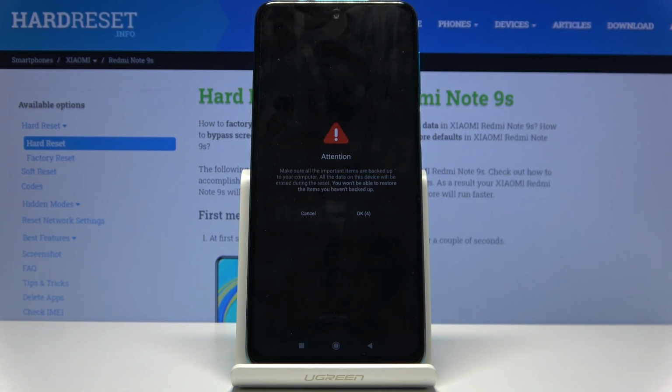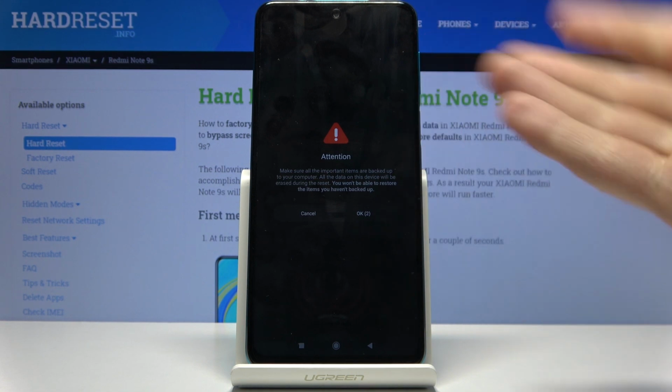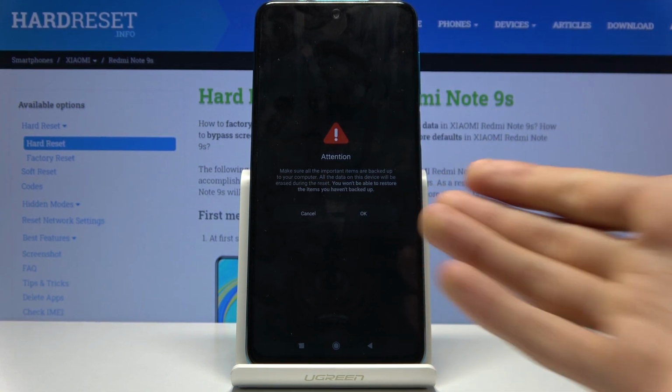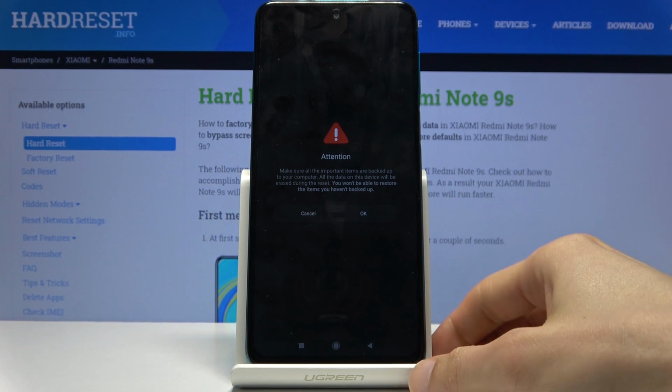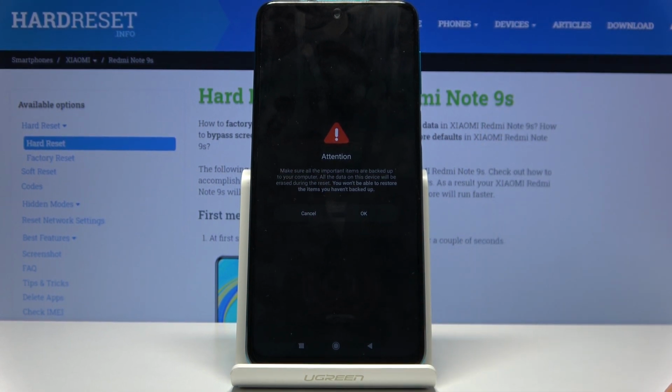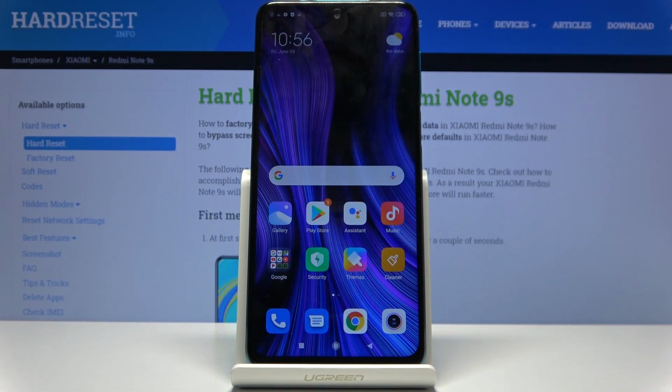Now I'm not gonna go through the process right now. I'm just showing you how to do it. But you basically press OK. It goes to the reset of it, and again after the process is finished, you would be in the setup screen, like I said, with basically the ability to set up your device as a new one. So that is how you would bypass the Google